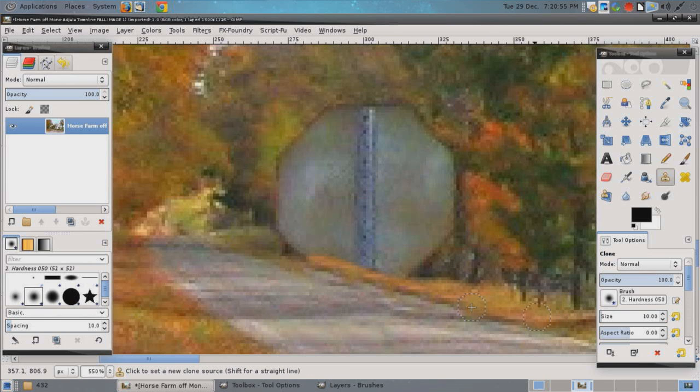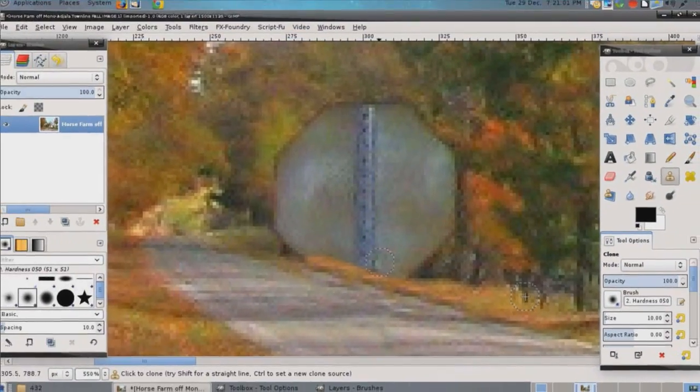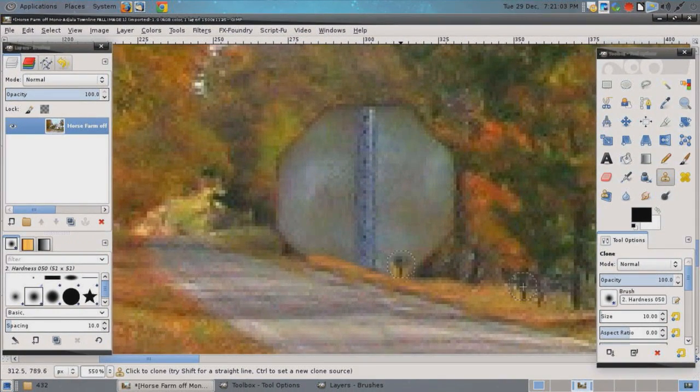Okay, so now we need trees. So I'm going to click on the bottom of a stump of a tree. I've picked one over here. And let's just start actually kind of painting trees, making believe that there are trees here. It's a happy little bush. Okay, so see what I'm actually doing?